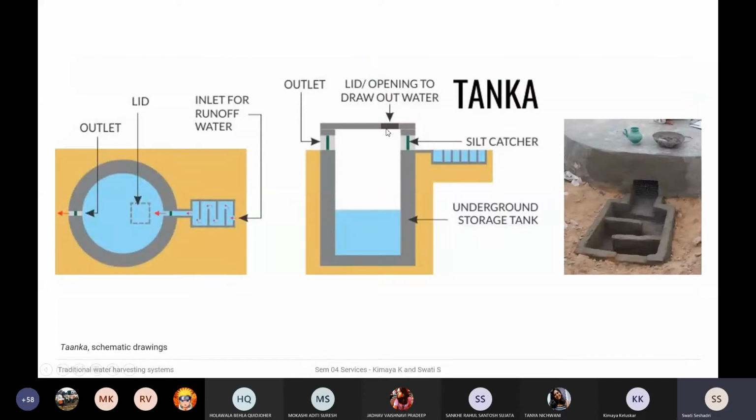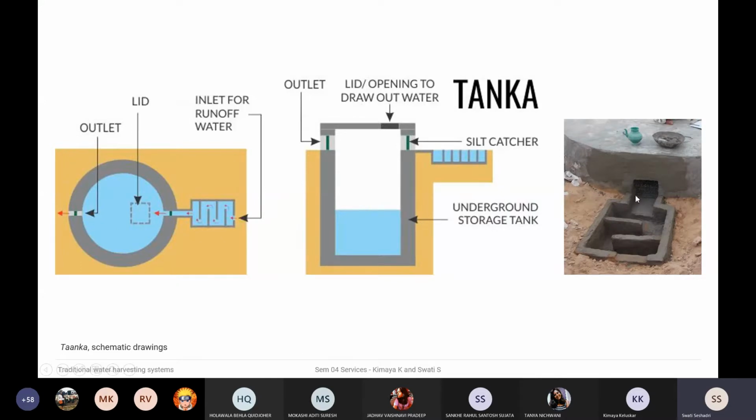So this is essentially what you look at in the section, and you will have a cover with some kind of opening so that no foul odor is maintained within the tank. Like we saw, there was a silt catcher. This tank is a closed-bottom tank, and it's also closed at the top because you are building it in a very hot region. You do not want the evaporation to happen, nor do you want to lose any of the water into the ground. So you want to maintain this as a proper solid tank through the year. And that's what it is.